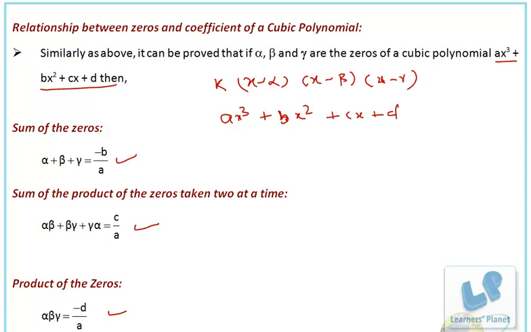So friends, in this session we discussed the relationship between zeros and coefficients of linear, quadratic and cubic polynomials. We discussed various types of graphs of linear, quadratic and cubic polynomials. In the next session we'll be taking problems based on zeros and coefficients of various polynomials. So do revise this session and the previous sessions of polynomials as well, so you feel comfortable in the